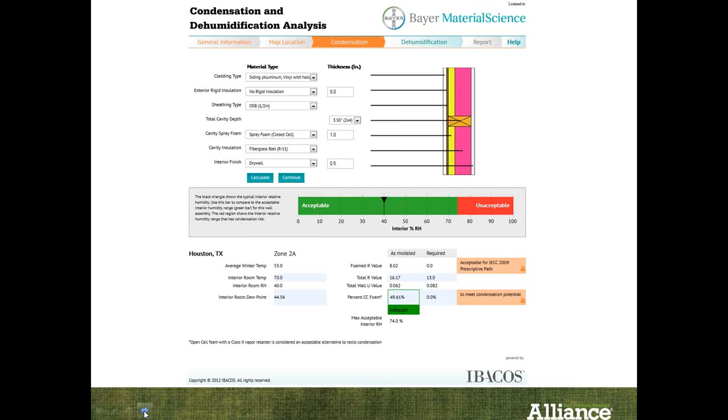The hybrid approach, another scenario with 1 inch of closed cell and R11 batt, and we've raised the maximum acceptable indoor relative humidity to 74%. Next,